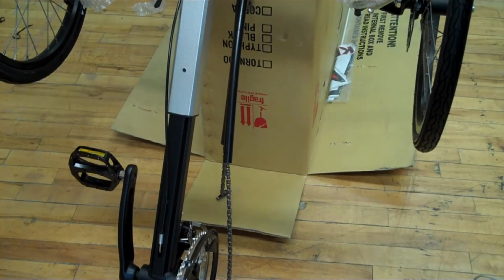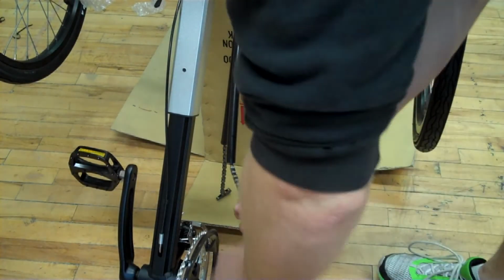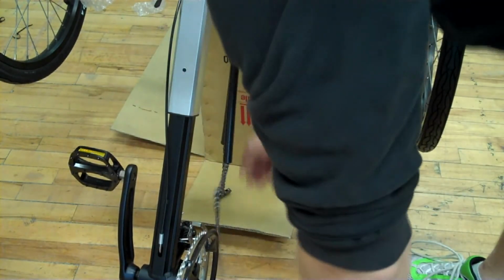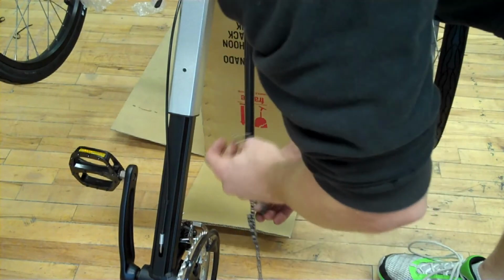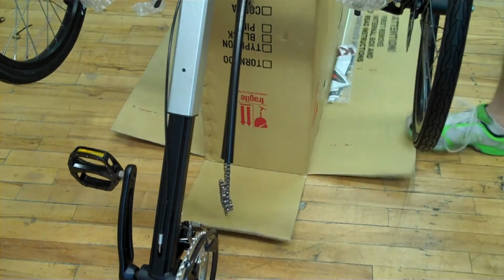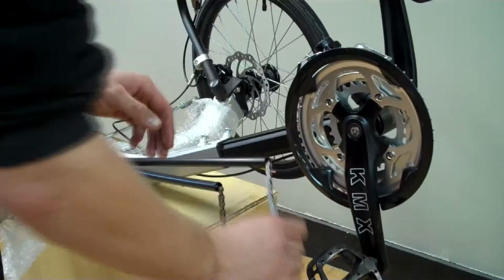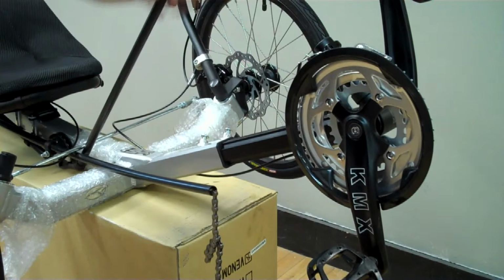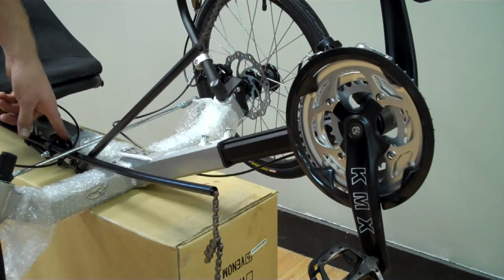Once you've got the chains run through the chain tubes, take the chain and loop it over itself to keep it from falling through the chain tube. You'll then want to set the trike upright. Once you've got the trike set back up on your box, take the chain that's running underneath the idler